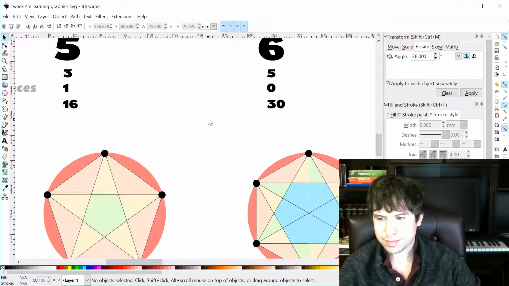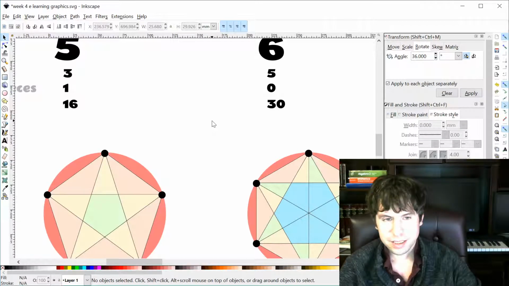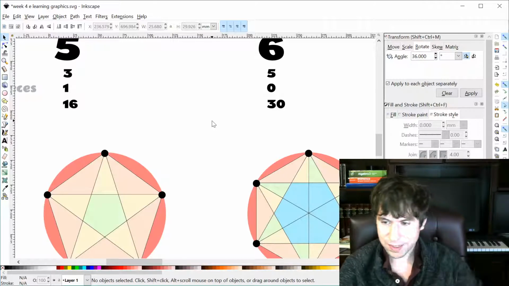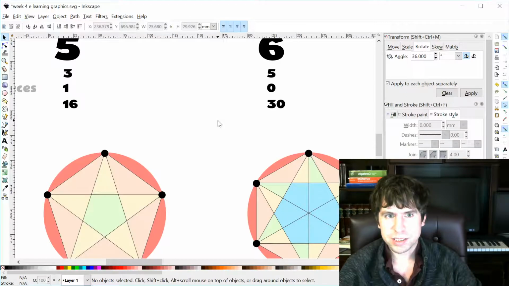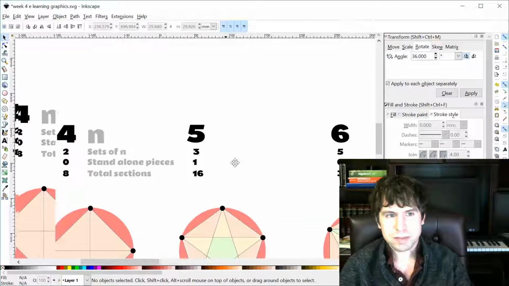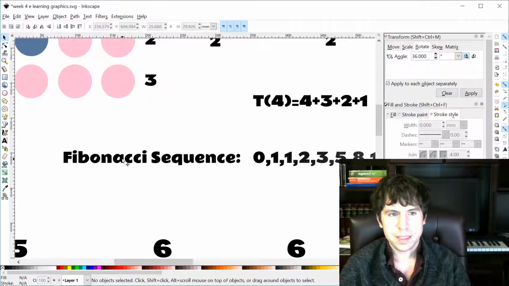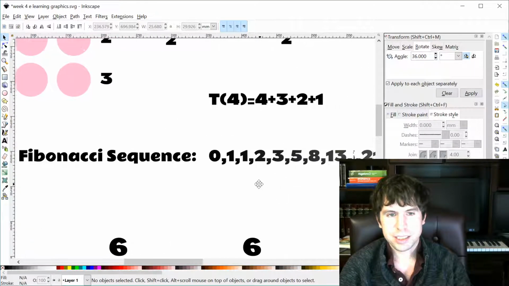Well, now I'm aware of some sequences of numbers, and actually I think we're going to look at some sequences of numbers at the end of this year, because I think it'd be good for you guys, especially with this sort of problem-solving thing. You get sequences of numbers when you're trying to find patterns, so to be familiar with some sequences of numbers, I recognize this sequence of numbers. It's called the Fibonacci series. And the Fibonacci series,